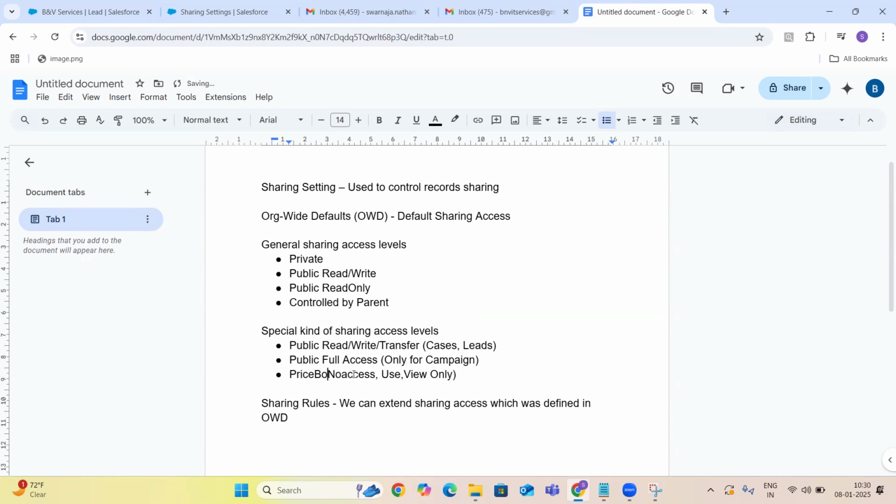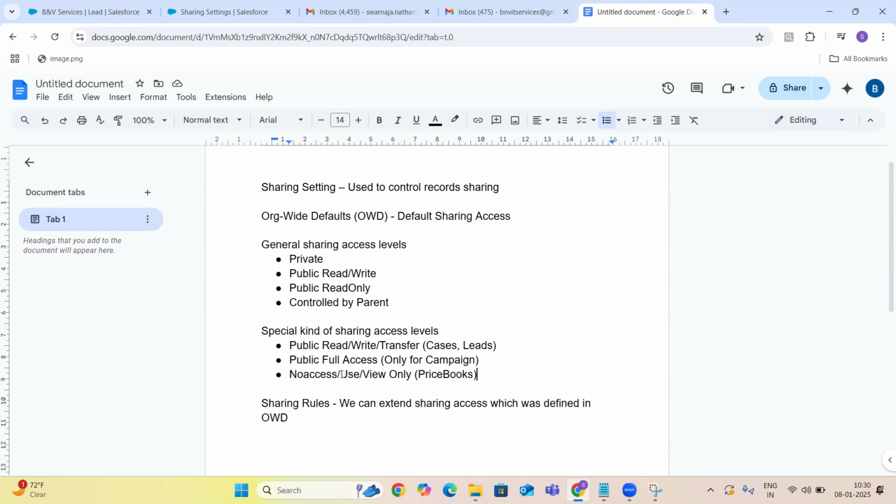And no access, use, view only, which is available for price books. So these are the special access levels.